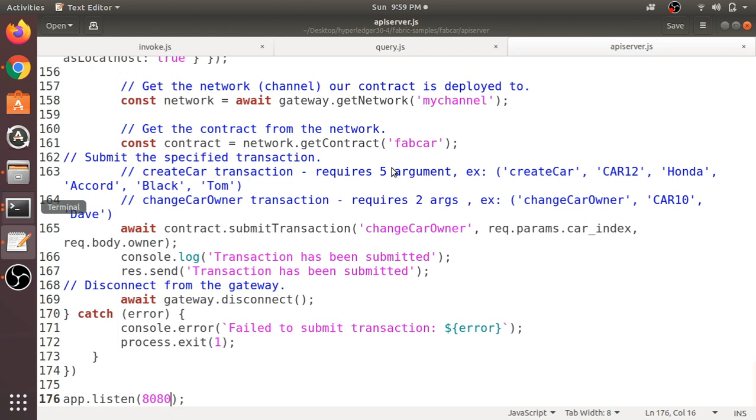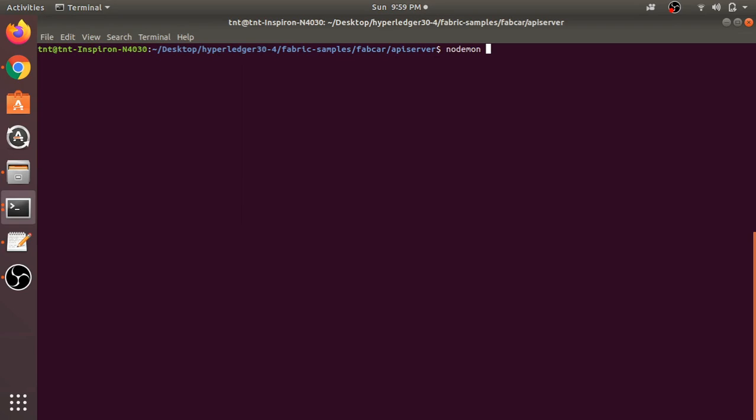Nodemon is a tool, it's actually short for node monitor. So you can easily use this application for running our Express.js file. Even if you make any update in your JS file, the system will automatically restart. So it is not required for you to stop the running of your JS file and restart it again. Nodemon will automatically handle it.